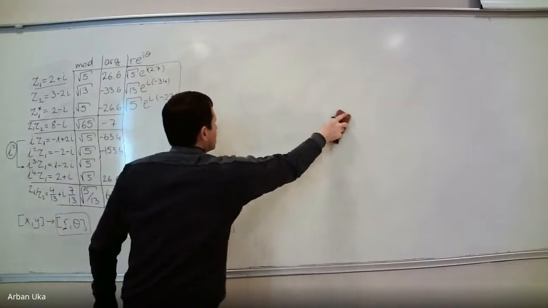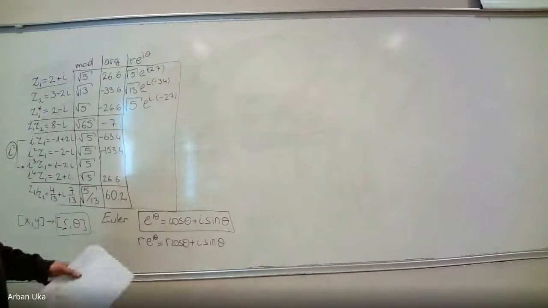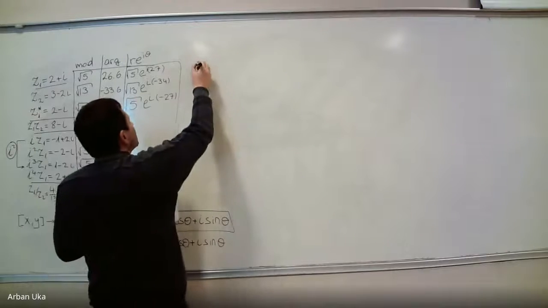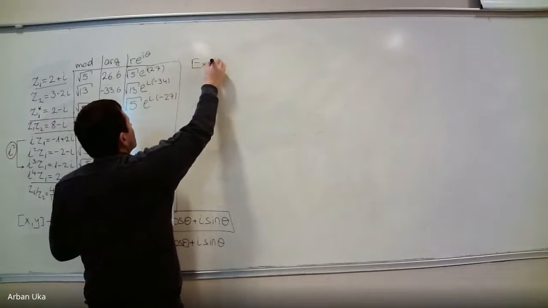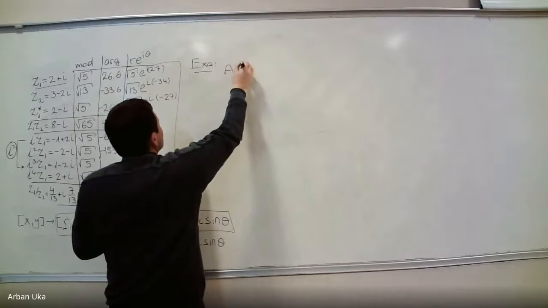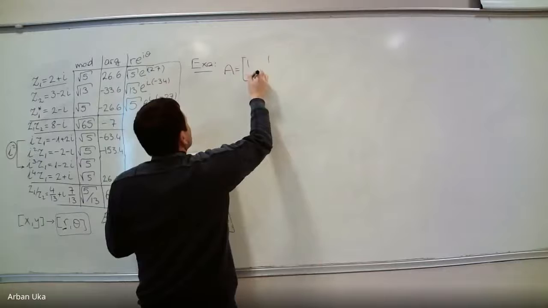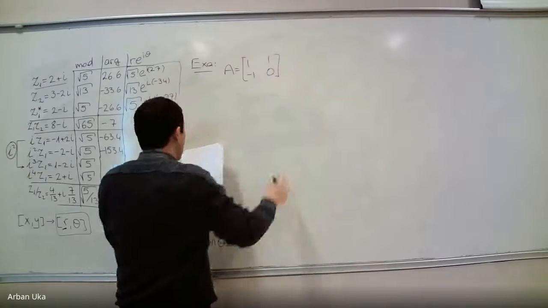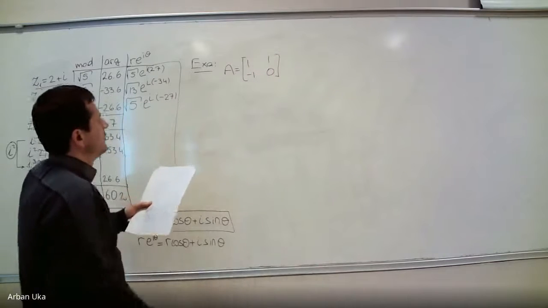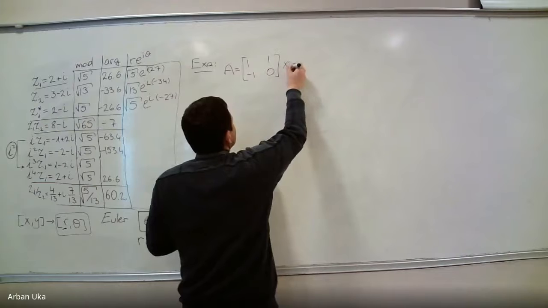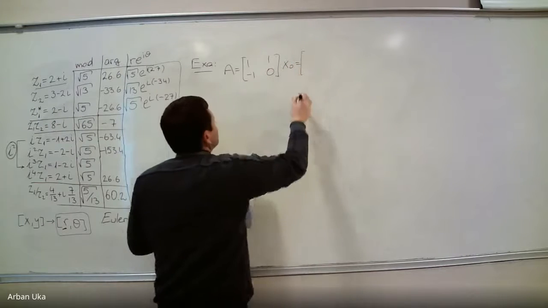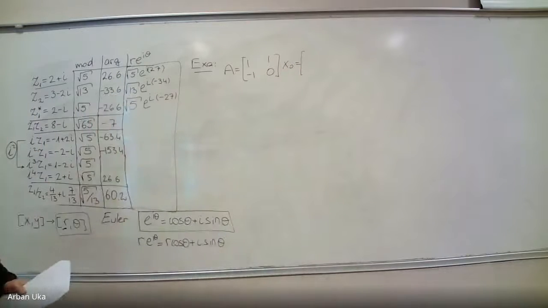As an example, let's start with a matrix which is defined as in here. Our matrix is A, which is equal to 1, 1, minus 1, 0. And we have a vector x0. If you give me any pair of numbers,